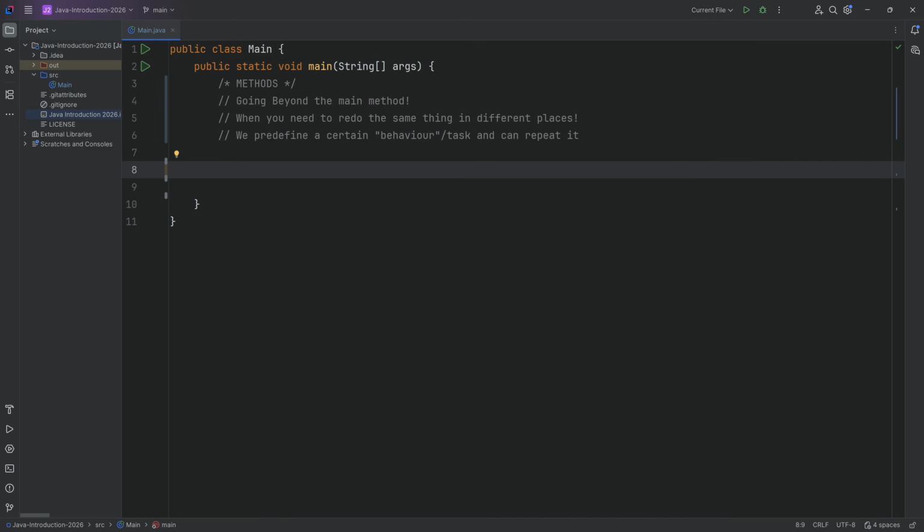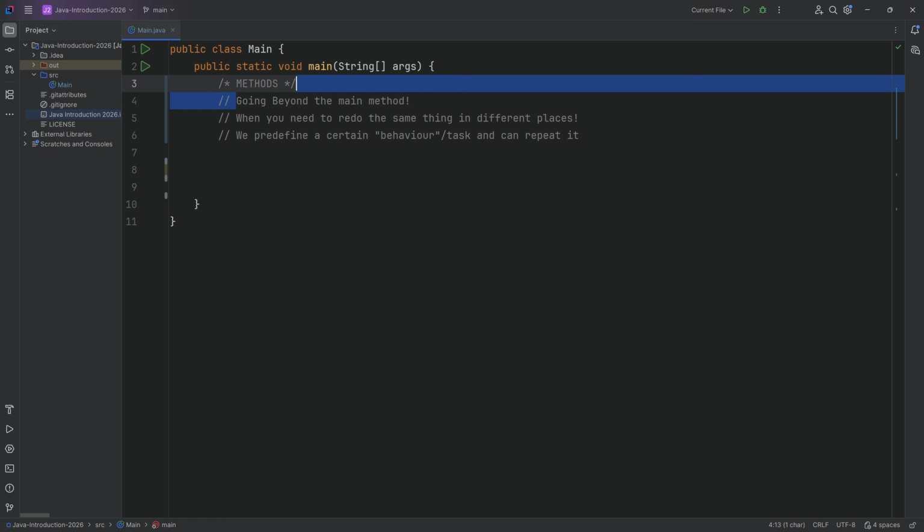Let's go beyond the main method and let's talk about methods. Alright, we find ourselves back in IntelliJ once more, and today is going to be a glorious day because we will learn about methods over here. Very important at the very beginning, this means we're going to go beyond the main method,